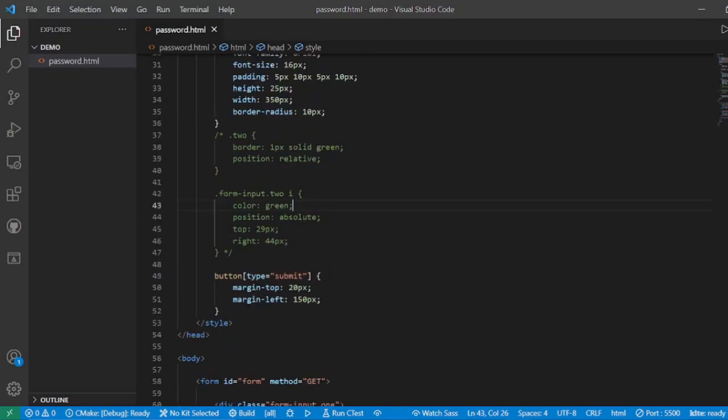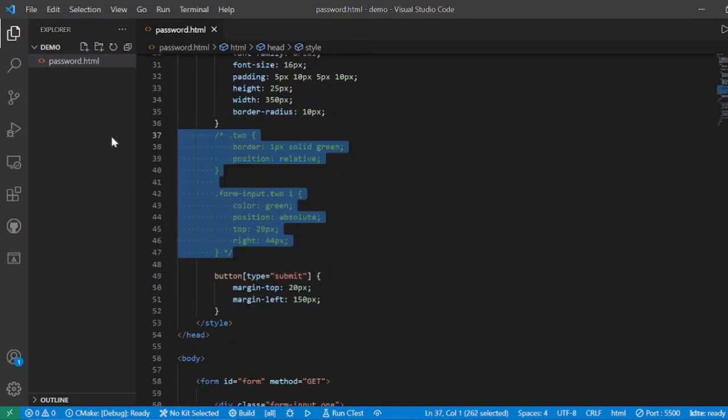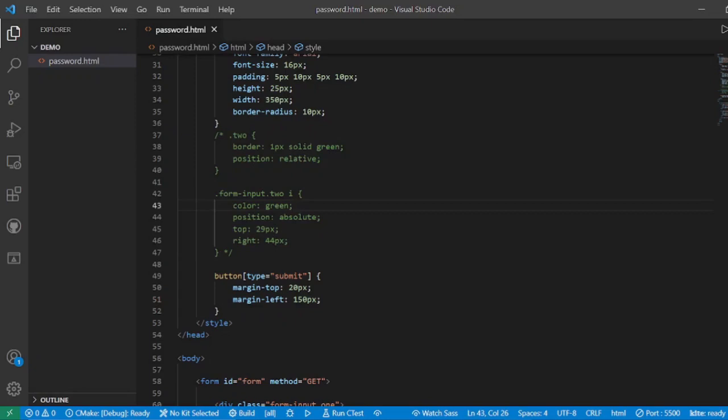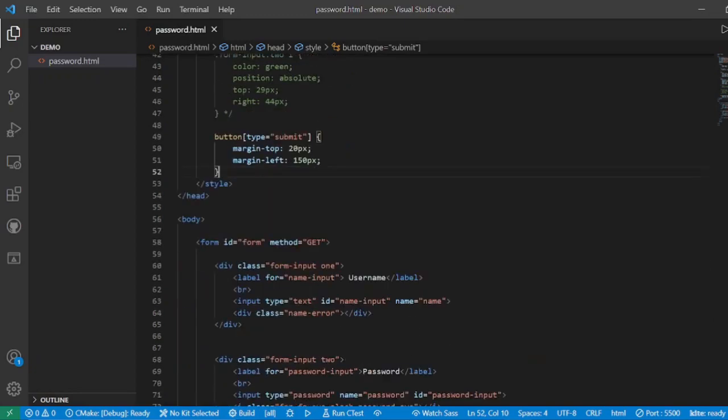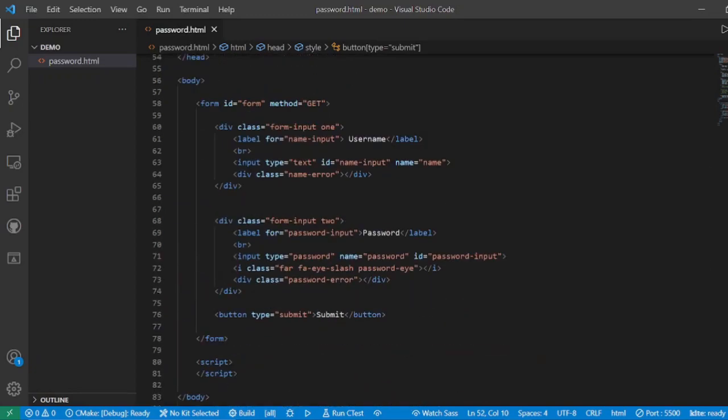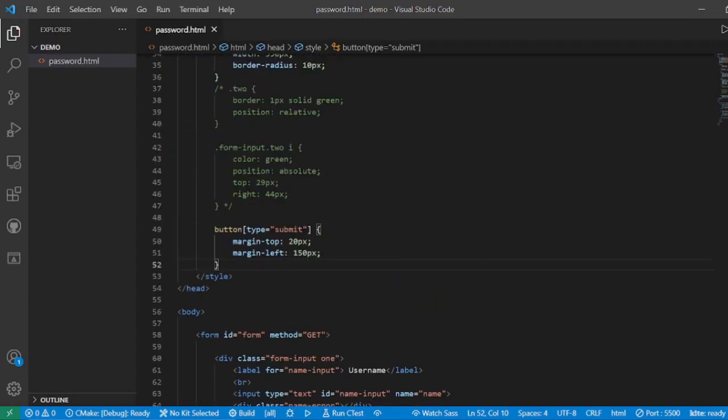Now I have commented these. I will explain them as the time comes. Now the button is type of submit, and it has been placed at some distance from the last element, that is the div of form input 2. Now let us see the position of the eye. Now I'm going to uncomment this.